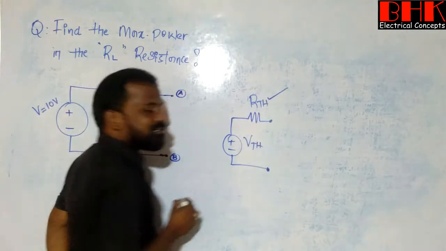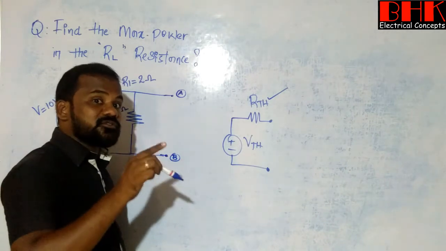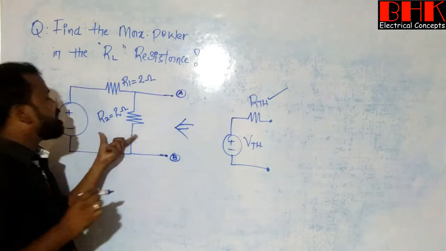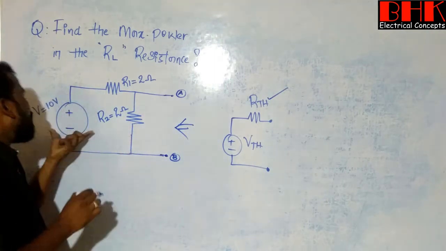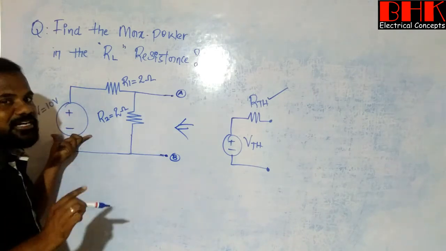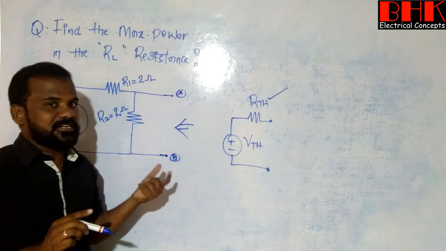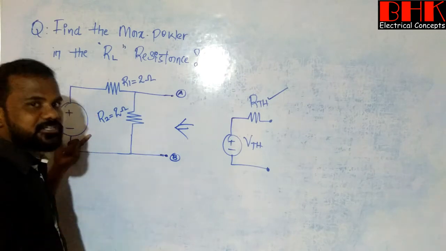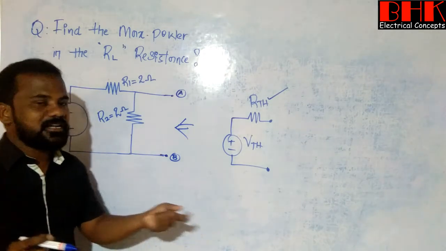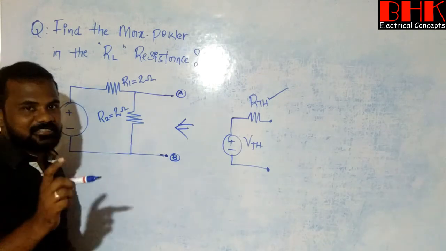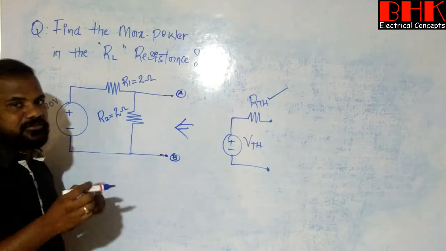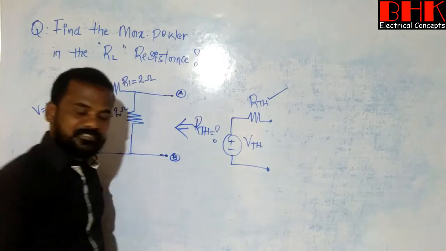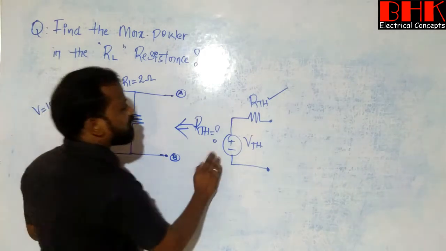To calculate this Thevenin resistance, it is always calculated across what? Open terminals of the remaining circuit. At that time, all voltage sources must be short circuited. If any current sources are there, then we need to take them as open circuit. Clear? It means all voltage sources are short circuited, all current sources are open circuited. Then the circuit consists of only resistances. So based on the series and parallel combination of resistances, we can get the value of what? RTH, or Thevenin resistance. Clear? Now go for step number 2.